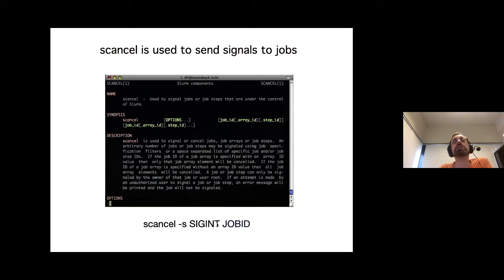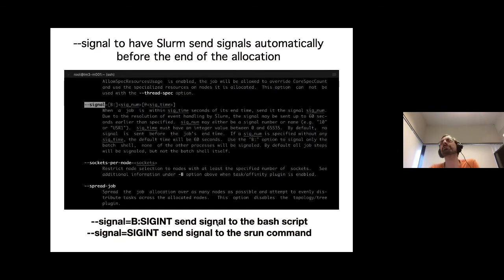Now, that's not very convenient, I would say, because that means you need to interact yourself and say, oh, my job is going to hit the whole time. Quick, let's type scancel. Of course, that's not the way it should be done. So there is a very convenient option in Slurm, which is --signal. What this option does is allow you to define the signal that you want to send to the process, and you can also define when. The default is 60 seconds before the wall time.